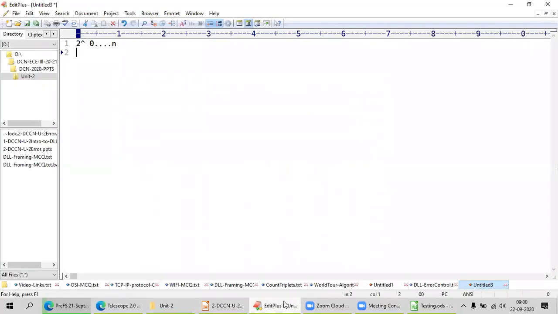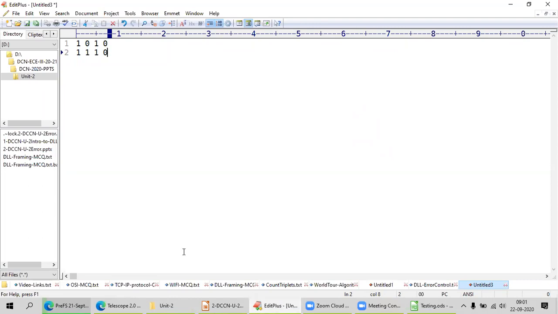How are you going to find the Hamming distance? I have 1 0 1 0, and if the coding word is 1 1 0 1 0, in this case the minimum Hamming distance is 1.